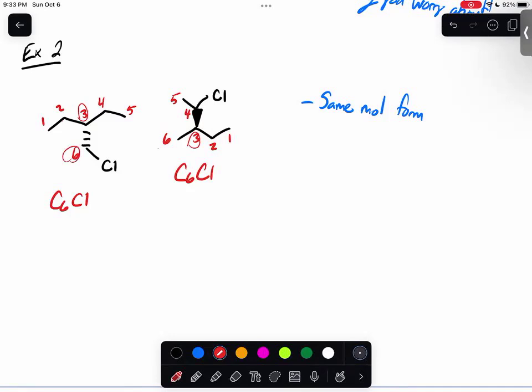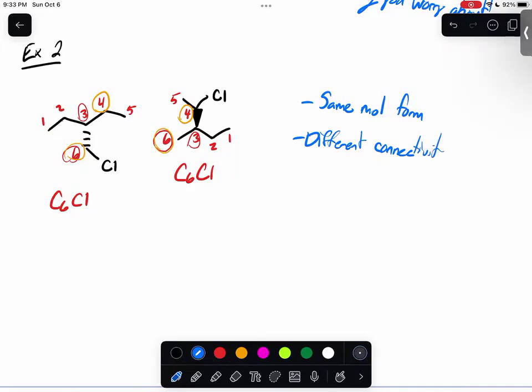but then attached to carbon 4 in one example is just two hydrogens. Attached to carbon 4 over here is a chlorine. Attached to carbon 6 over here is a chlorine, but over here is just two hydrogens. You may be able to tell these are different connectivities, right? Not all of the same stuff is connected to the same carbons in both cases. So this is the same molecular formula, but different connectivity,